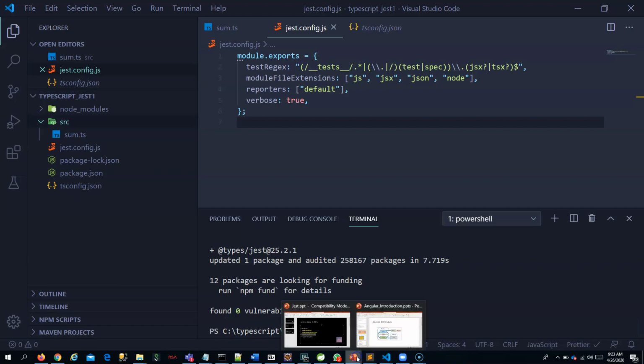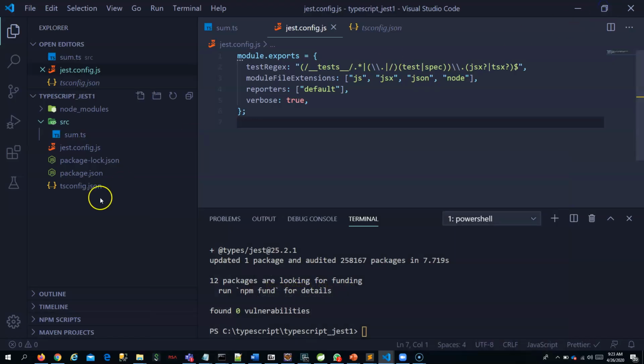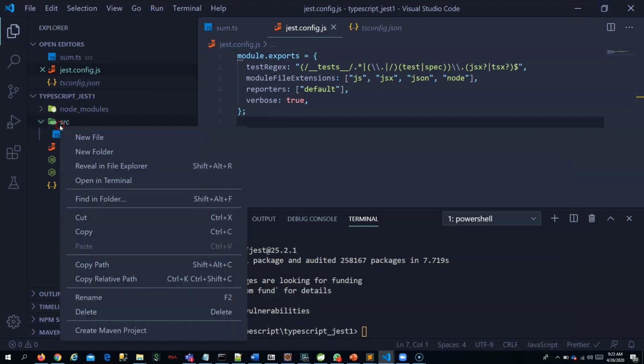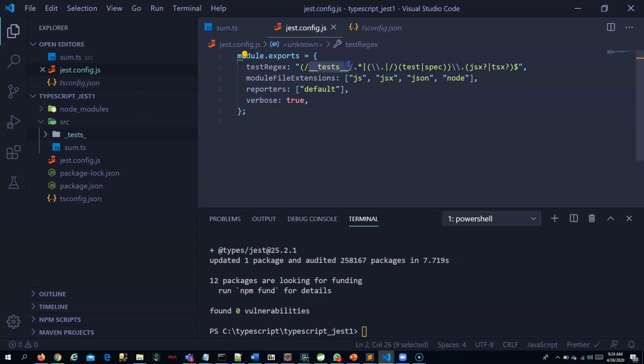Now the next step is implementing Jest as per my slide. For writing the test file, let me create a new folder inside this, because I mentioned my test file will be inside test. Since I have mentioned it, it will be inside test.